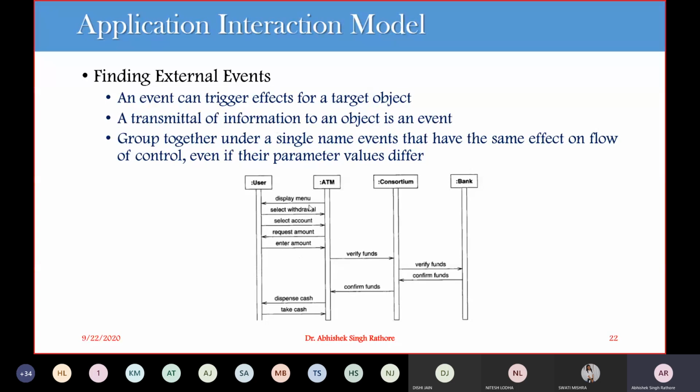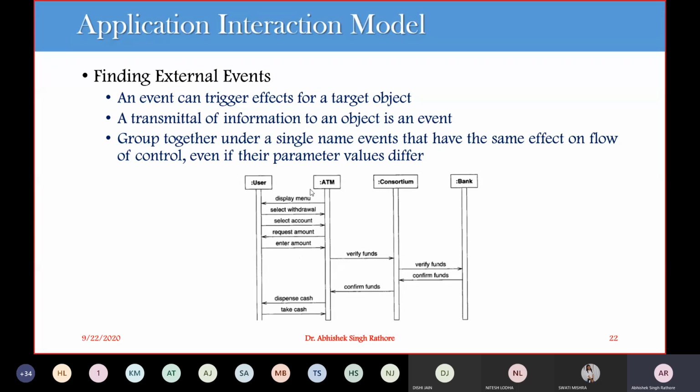We had made sequence diagrams. So when we are going from finding an external event, we are developing the sequence diagram right from your basic flow and the alternative flow. And we had identified different objects that are interacting with the system. So this is an object. If you check here, I have not given the object a name, so this is just an identity. After the colon, it means that this object is related to your particular class User, and this object is related to your particular class ATM. This one also has no name, because if it had a name, we would provide this name before the colon. Similar for the consortium banks. So we have to find the external event.